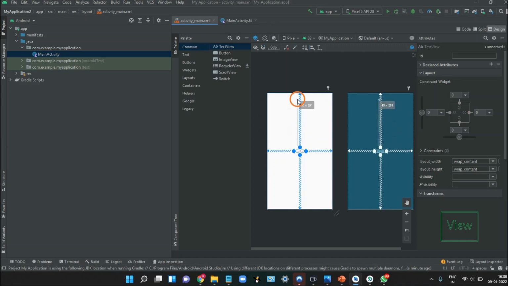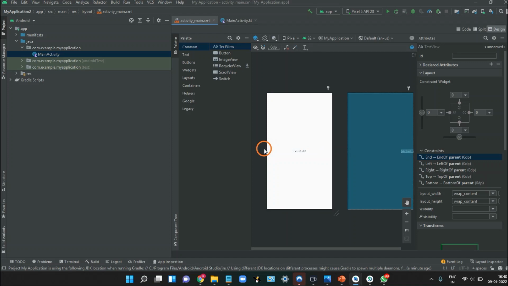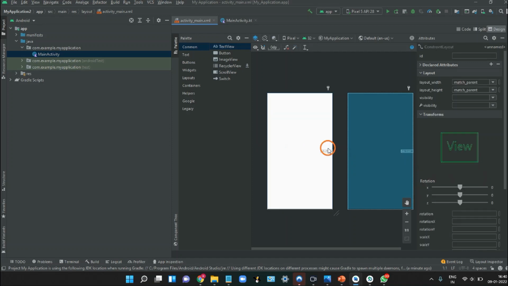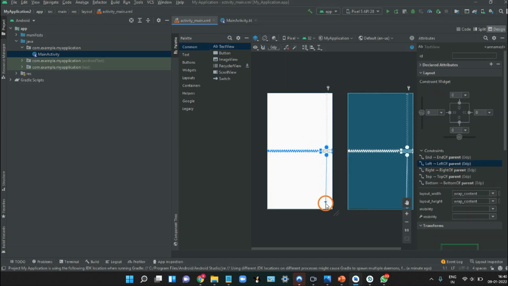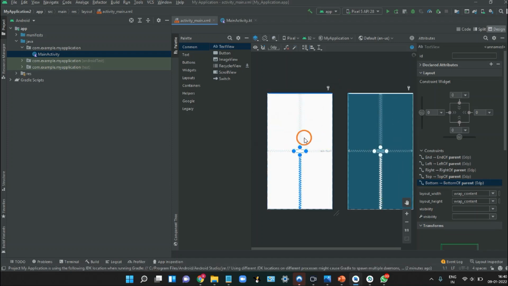Okay, so let's connect them. Okay, so it is aligned now.